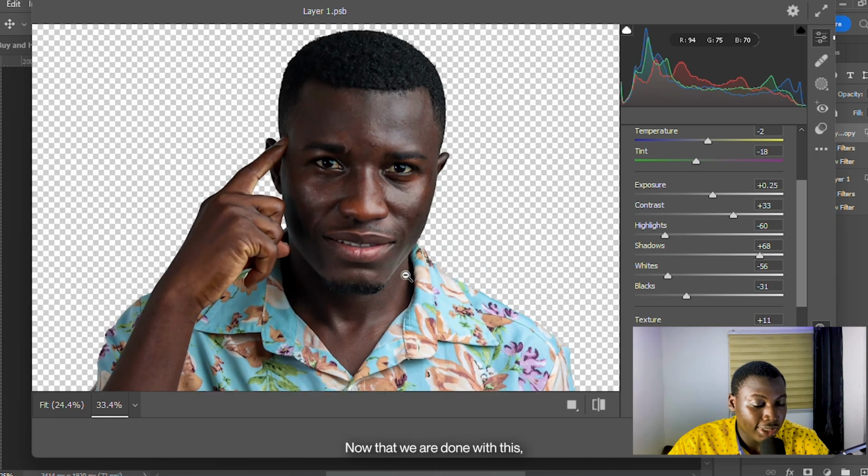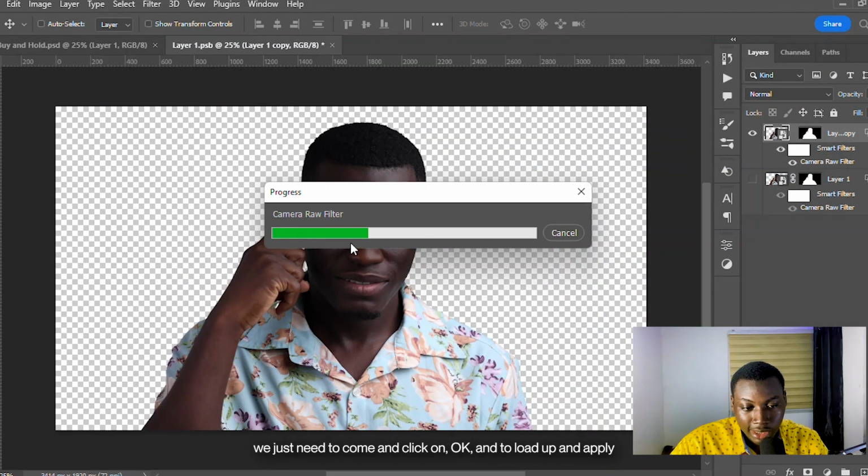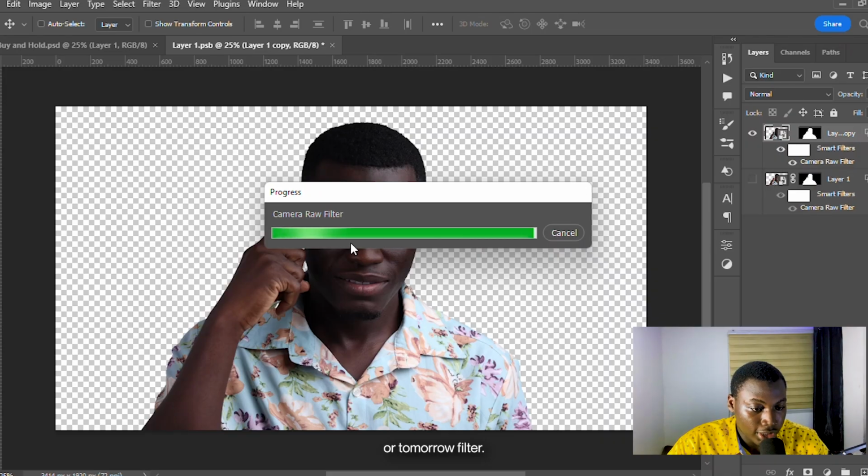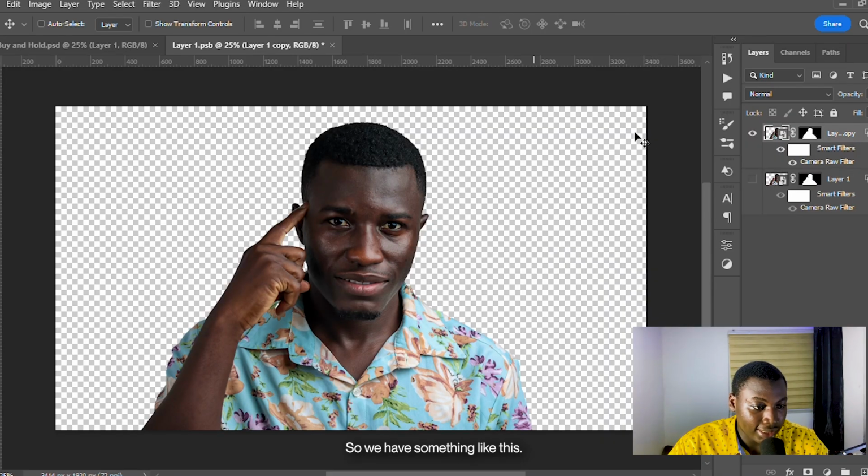Now that we are done with this, we just need to click on OK, and then it will load up and apply your camera raw filter. So we have something like this. This is the before and this is the after. Just look at it, with a few changes that we made in the camera raw filter, we are able to go from this to that. That is just